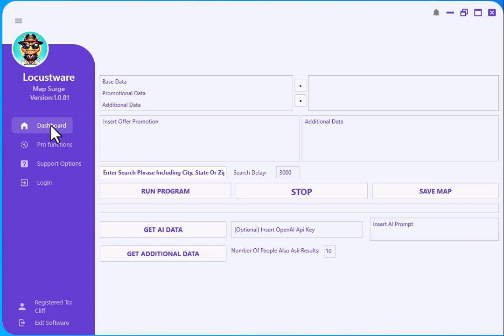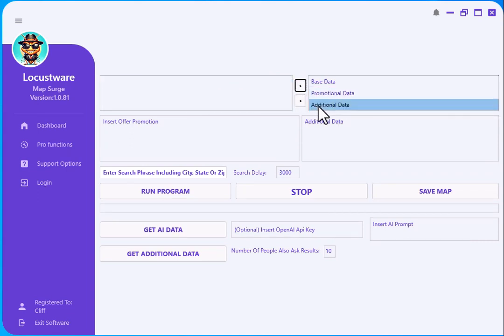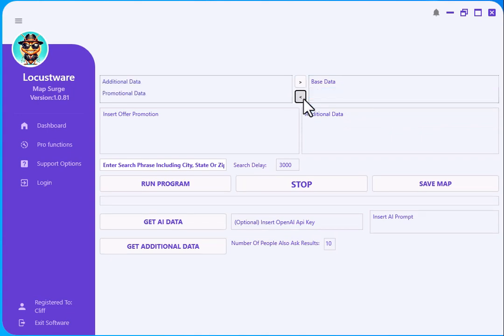This is so powerful. As far as I know, there's nothing like it out on the market. So let's cover it. In this type of software program, what we're doing is we're targeting businesses, business locations sort of thing. And that is considered base data. Now on this, you have options of what you put in to your map,